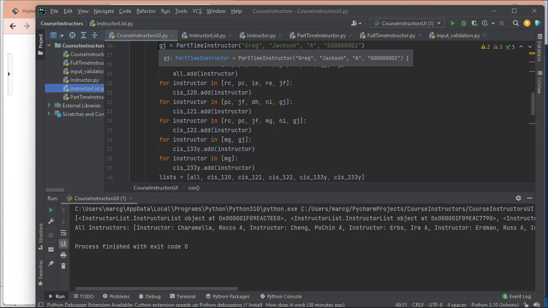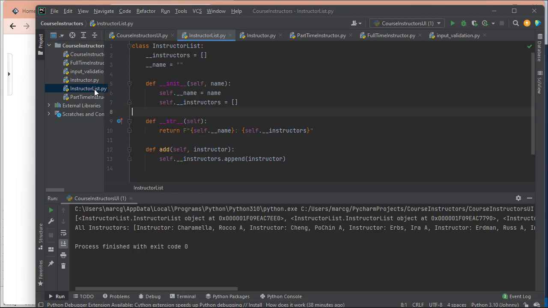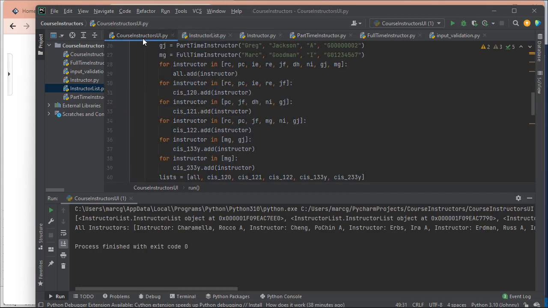I'm going to put this in course instructors UI class rather than an instructor list because the instructor list really wants to be about the logic of the program, not the interface. And when you're talking about printing things to the console or getting input from the console, that's a very specific user interface. And you really want to avoid putting UI code into your business logic. So instead of putting print statements in instructor list, I really want to put my print statements in course instructors